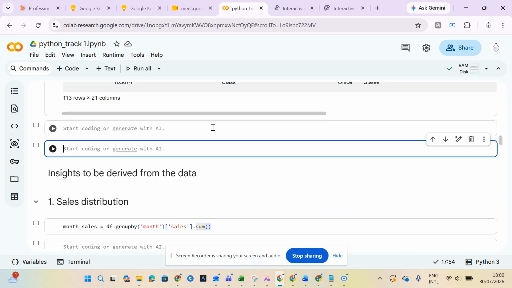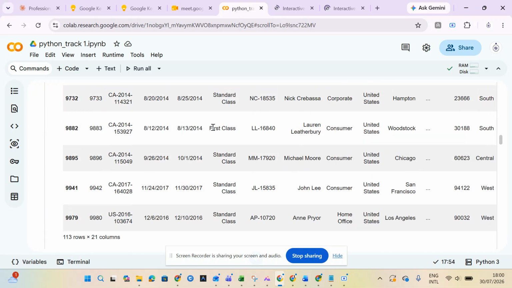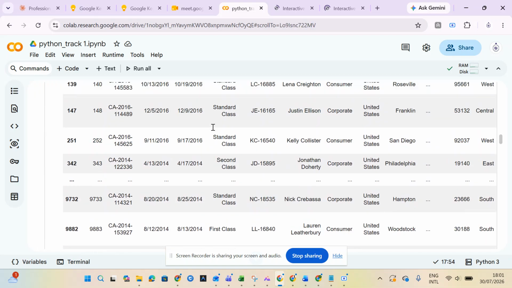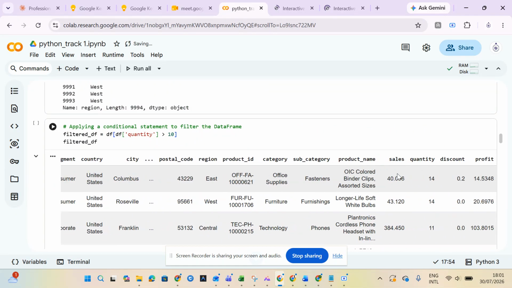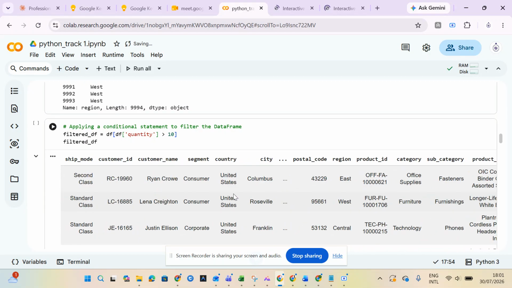Say you want to aggregate profit, for an instance, you want to aggregate profit by city or by segment. So you put the segment in